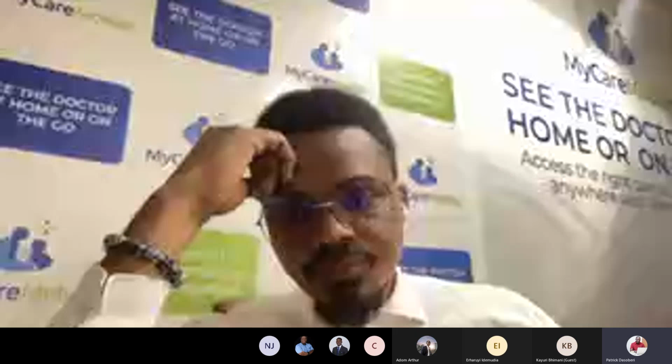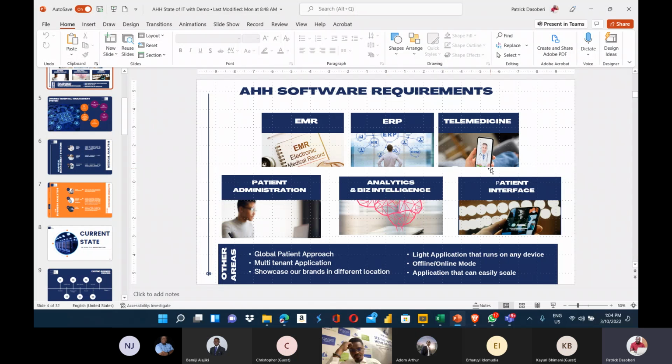journey by having some very clear concepts in mind as far as IT is concerned. And for us to be able to support our healthcare business, we believe that the IT that we put in place should have a very comprehensive EMR system, and it should also have the component of an ERP as well as telemedicine. And underneath this should be a portion where you should be able to have a patient administration section,